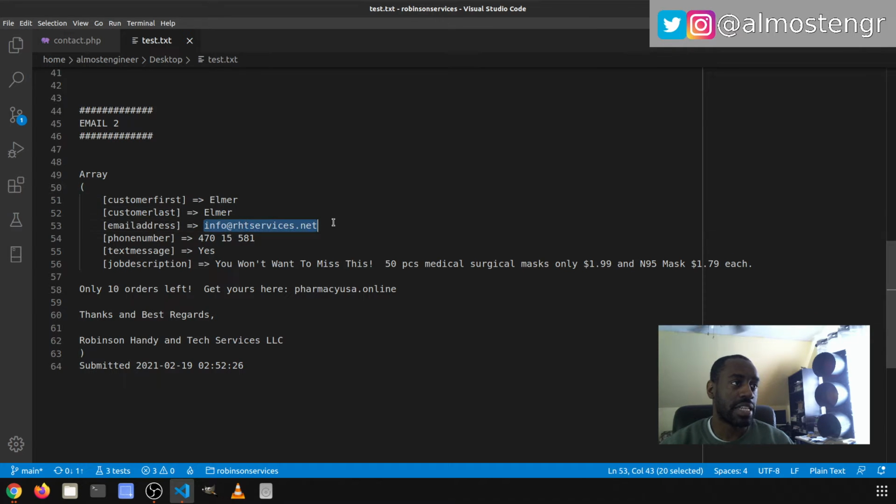Next is the email address. And this is the one that I want to focus on the most. So they actually put in the email address for my domain name. Now, one thing about this is I know this email address does not exist. Why is that? Well, one, this is my domain name. And two, I did not create an email address with info@rhtservices.net. The reason being is because I know that email address, any info at whatever the domain name is, is a